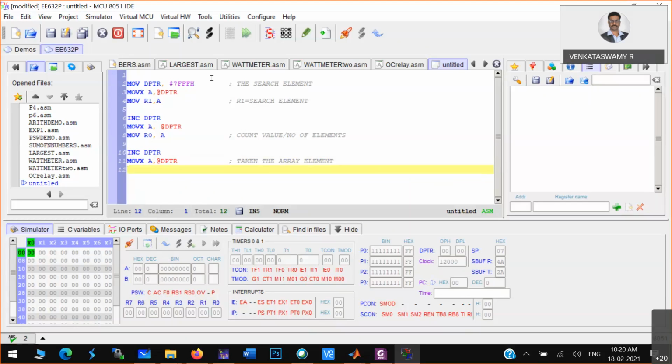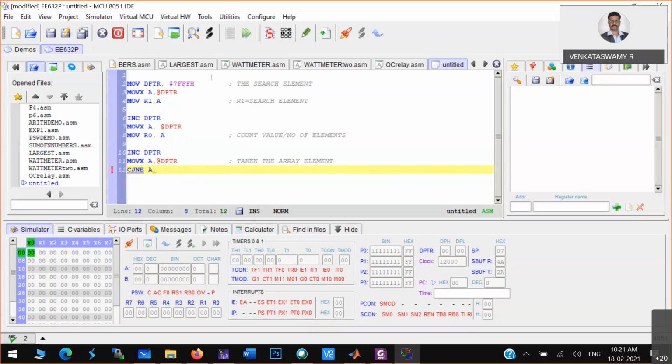So now what is that compare? What you can use is compare and jump on not equal. Okay, so what are the two things you have to compare?